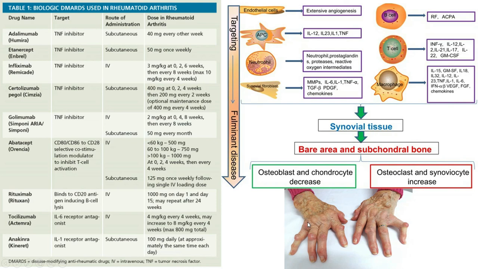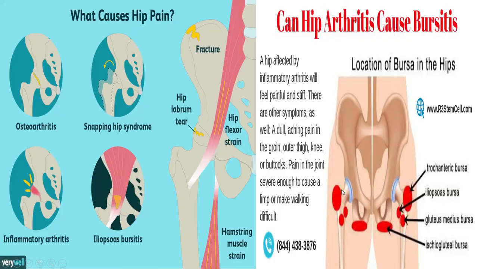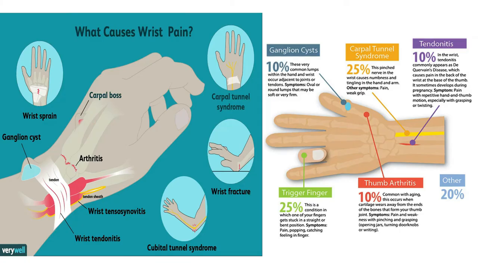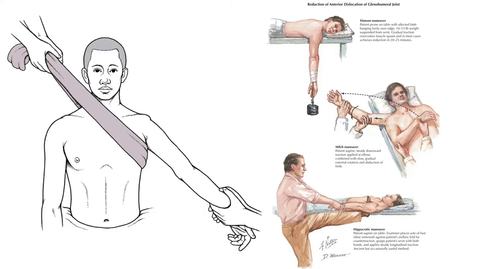Now, what are the indications for operation? If the joint is destroyed, then we can replace it, a joint like the wrist or even a big joint like the hip and knee, if destroyed, then we can replace it. But the best treatment for rheumatoid is early diagnosis and treatment and follow up with the help of the rheumatologist. Okay, so I think I can cover how you approach any type of joint pain,